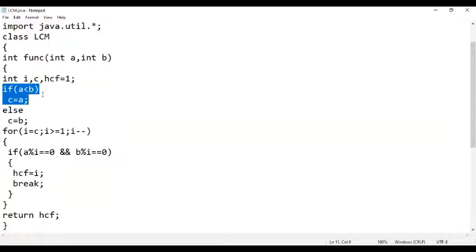If A is less than B, then C equals A, else C equals B. So the I loop will always start from the smaller number of the two. If you take the numbers as 25 and 5, it will start from 5 till 1. It will never start from 25 till 1. Okay? Have you understood, Dhara? Yes, ma'am.